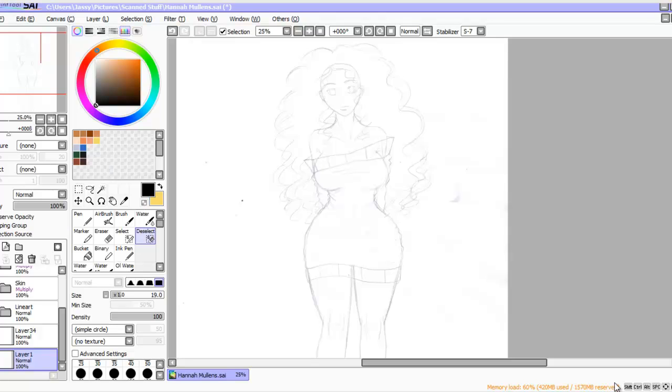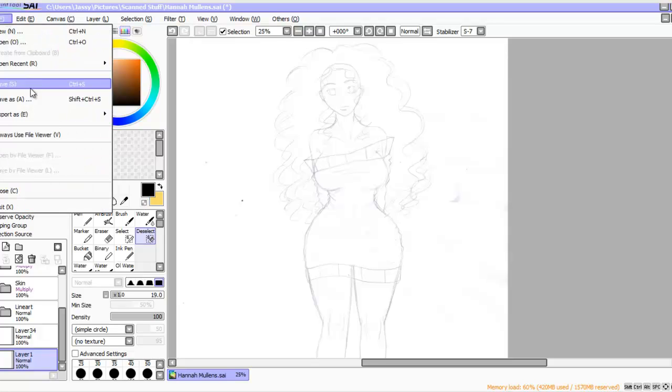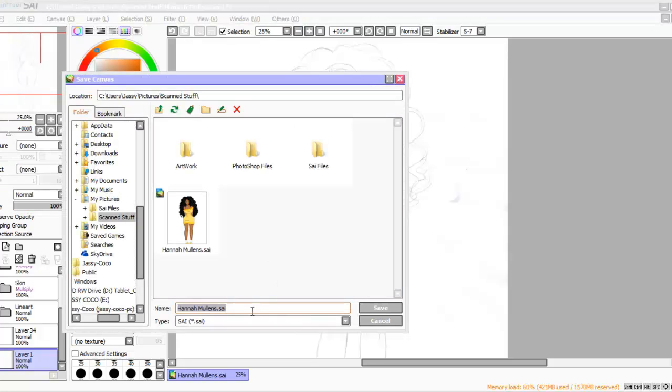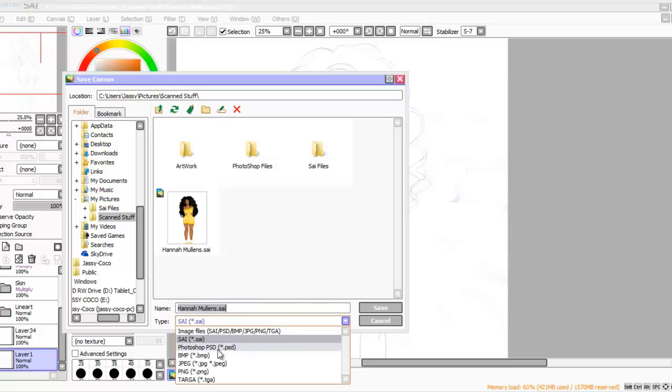Just don't really pay attention to that, because sometimes Paint Tool SAI will crash. So like I said earlier, it is best to save as SAI, or you can save as a Photoshop document, JPEG or whatever. But if you want to go back and color, you need to save it as a SAI. The SAI will keep all of your line art